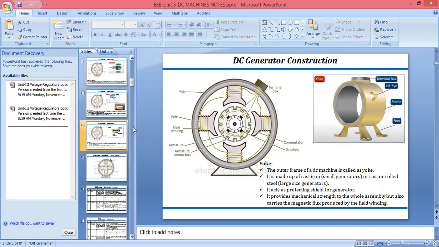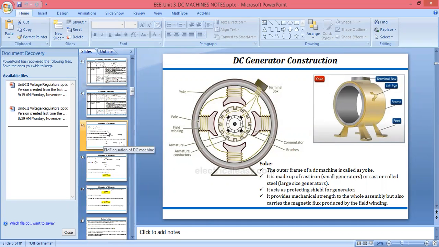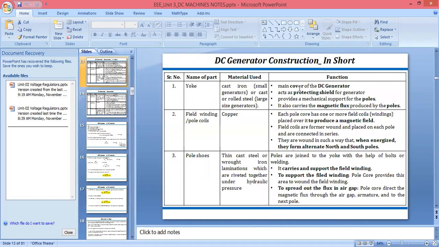Then we have studied about the EMF equations. These are nothing but the short descriptions for the DC motor, DC generator. I will provide these